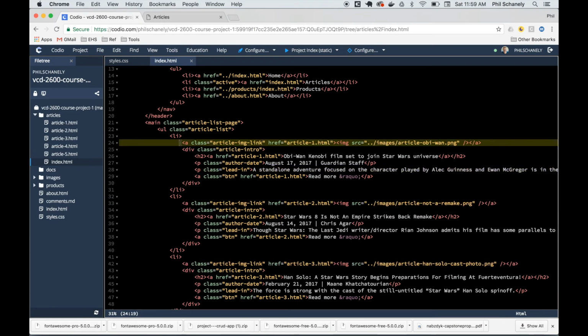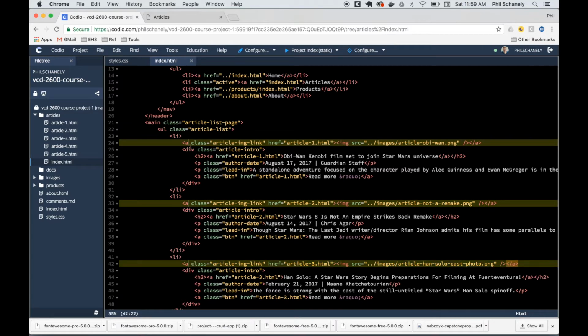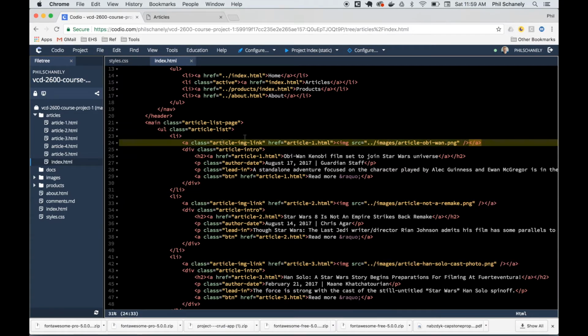If you were curious about how I did that little bit of magic, I just held the command or control button on a PC, command on a Mac, and clicked each time, and then I had a cursor remain in each of those spots that I could easily type in the same thing in each of those places. Okay, so the article image link,